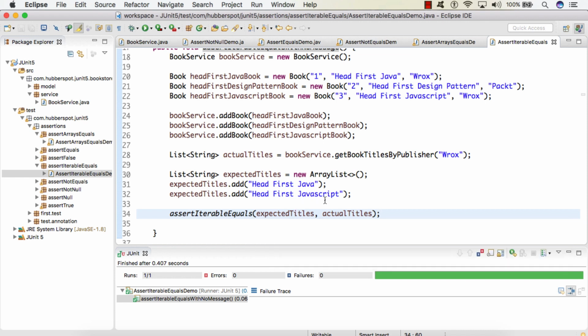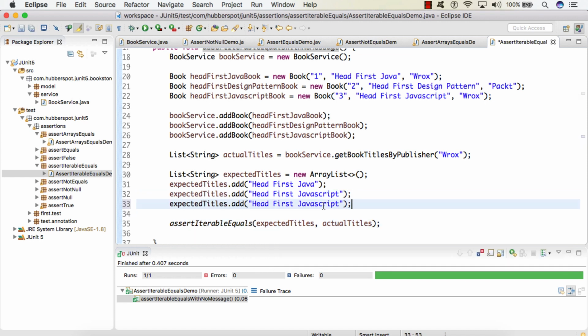So friend, let's suppose I add one more expectation, let's say Head First Design Pattern. Here you can see the Vrox publisher matches Head First Java and Head First JavaScript, but we are setting a wrong expectation that it should return Head First Java, Head First JavaScript and also Head First Design Pattern.